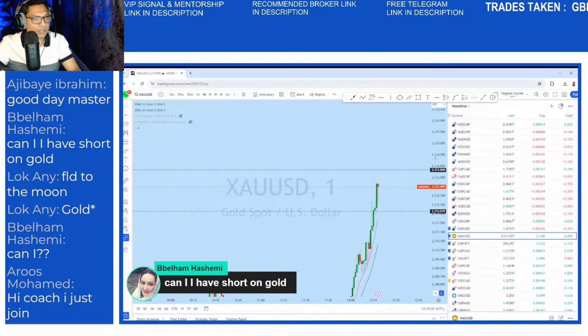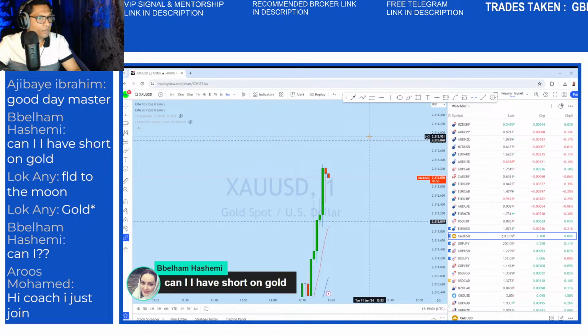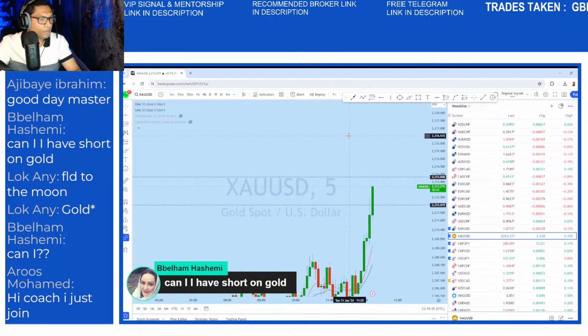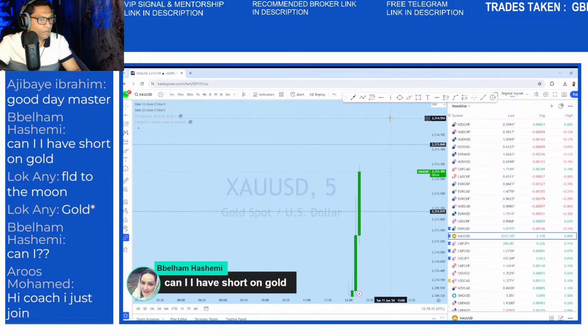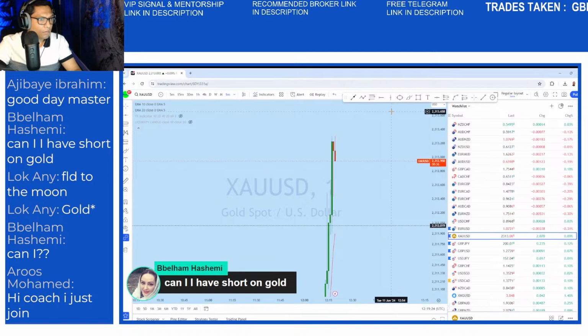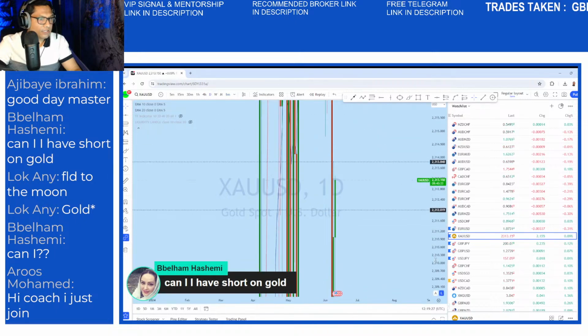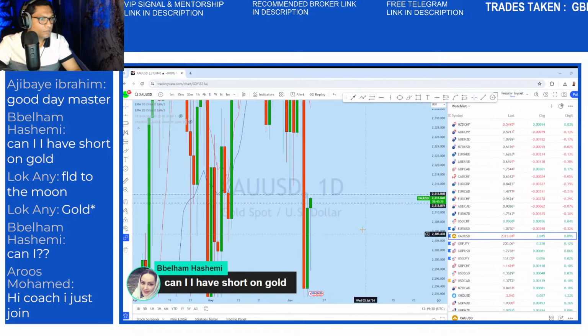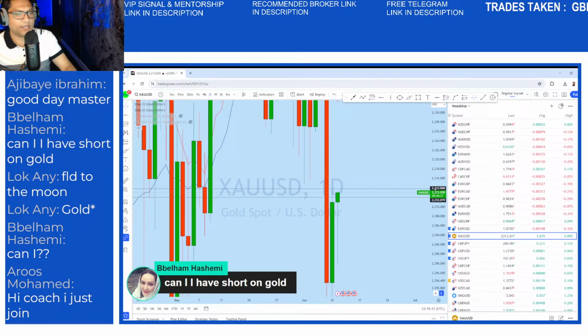So gold, we can see it's just pushing high, almost to the daily resistance line. Expecting it to break out and then to drop again. In the meantime, for the GBP JPY, guys, have you had a trade on GJ? We had a trade early today.